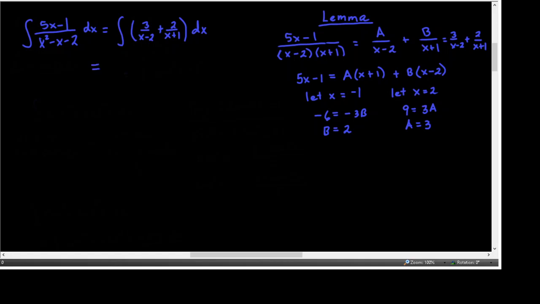And as we talked about early in that section before, this will be 3 times the integral of 1 over x minus 2 dx plus 2 times the integral of 1 over x plus 1 dx. And these are easy integrals to do. That's 3 times the natural logarithm of the absolute value of x minus 2 plus 2 times the natural logarithm of the absolute value of x plus 1